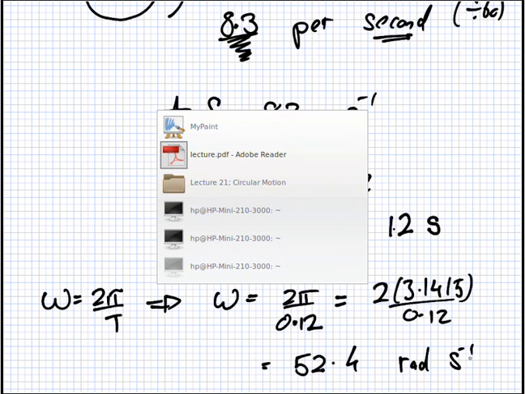Did you write that down? Okay. Can I do the next example? Yeah, okay. So,